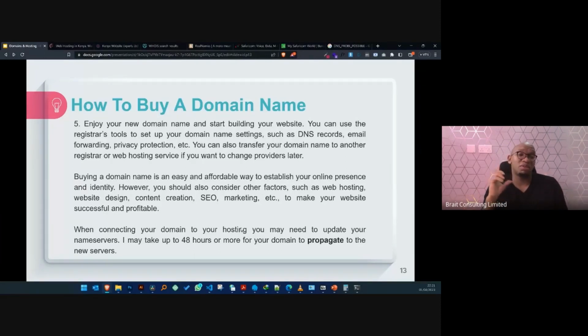I'll just teach you what propagation is. For local domains, I see propagation takes around 3 hours. The fastest I've done for an international domain, which is called a TLD, top level domain, is 1 hour. So local domains take longer to do the propagation. Propagation is just like the